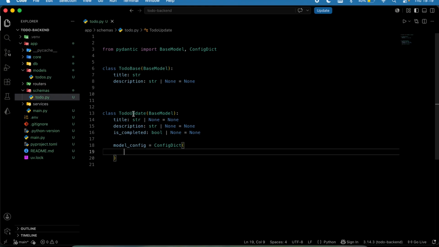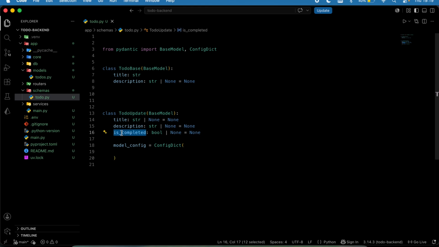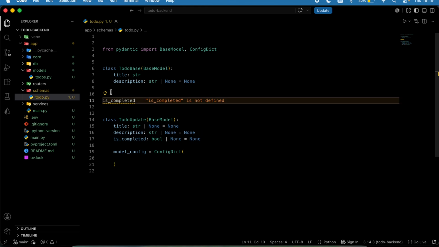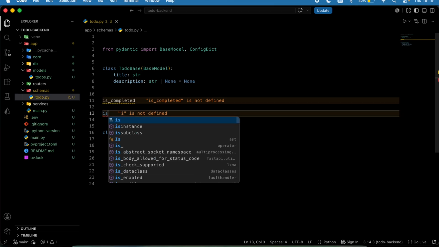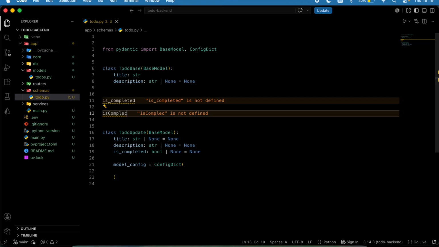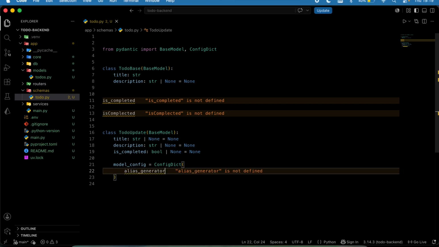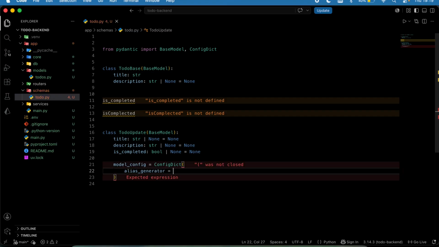By default, in your body you have something like is completed. But we can say allow user to also say isCompleted. This is camel case. So I want users to also be able to receive a camel case request from the front end. I'm just going to say alias generator,